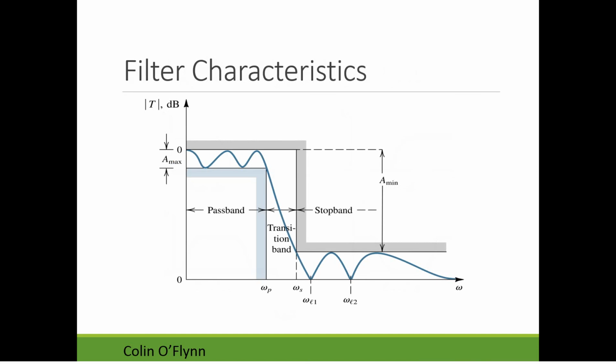When we define the filters, there are a few names you should be familiar with. There's the idea of the pass band, which is the frequency range. And when we use this omega p here, by the way, this means we're talking in radians per second. You can convert between radians per second and frequency in hertz easily. You'll see both used.